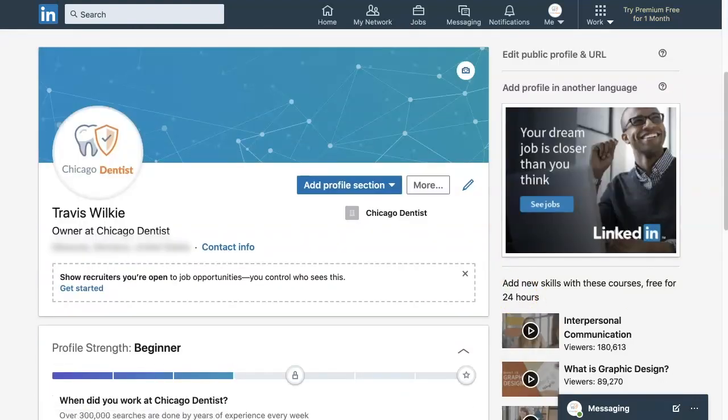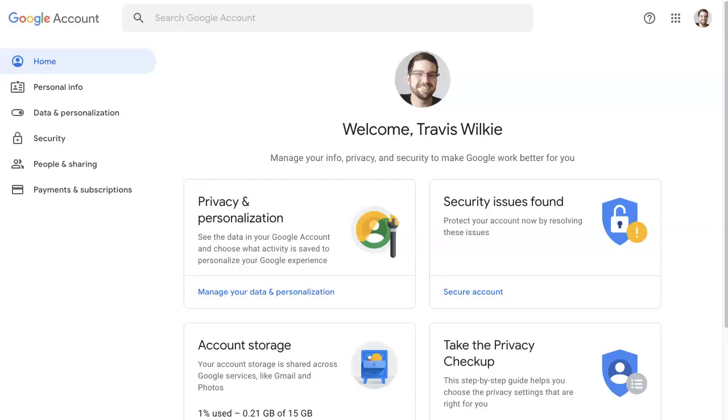And then your LinkedIn account should be good to go. And then the final platform that we're going to set up is YouTube. And YouTube is going to run through your Google account. So as I was saying before, it's a good idea to set up a Gmail account just to use for setting up your different social platforms, especially YouTube, because you have to have a Gmail account in order to set up YouTube. So basically, once you're logged into your Google account, which is basically the same as a Gmail account,